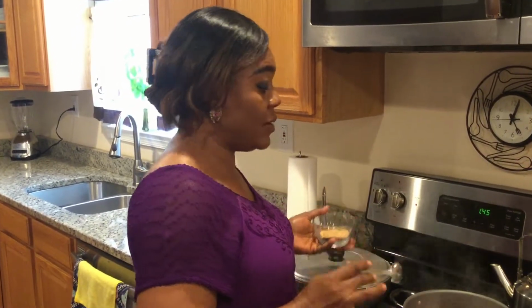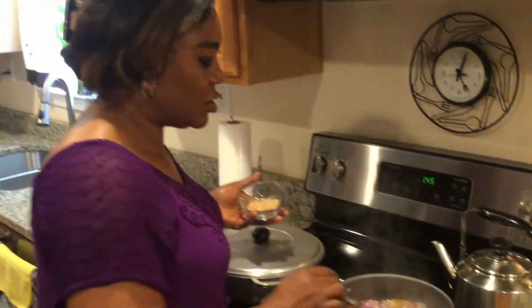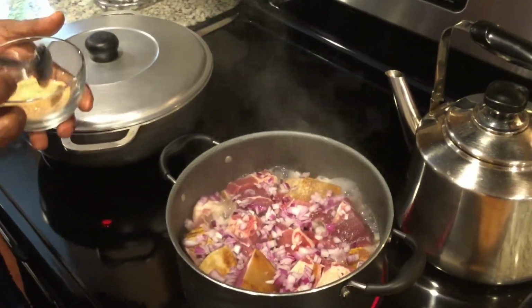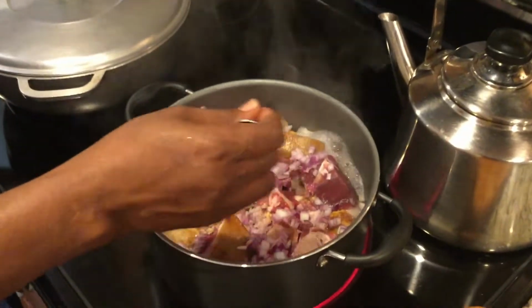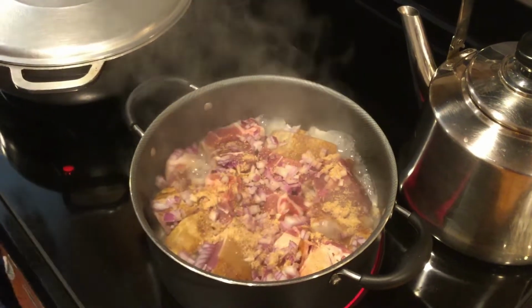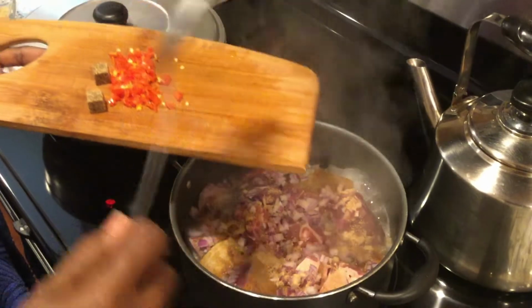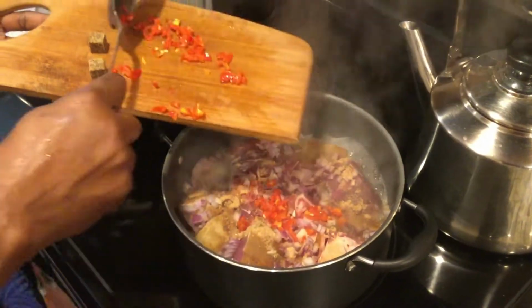Okay guys, now I'm cooking the meat, and some of you must have known how I make my meat from my last video. I always just put the meat in the pot and season it with some chopped onions. Here I have some of the ground crayfish. I'm going to put a little bit in the meat, and I always like to cook my meat with some pepper, so I'm going to put some sliced habanero pepper on it,